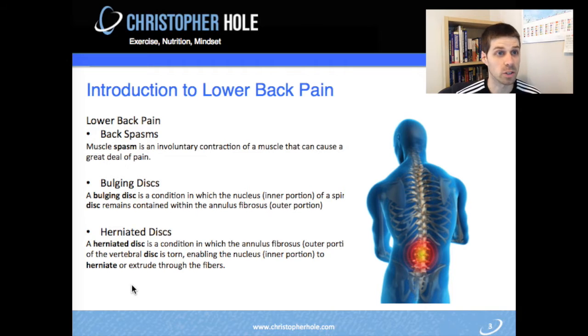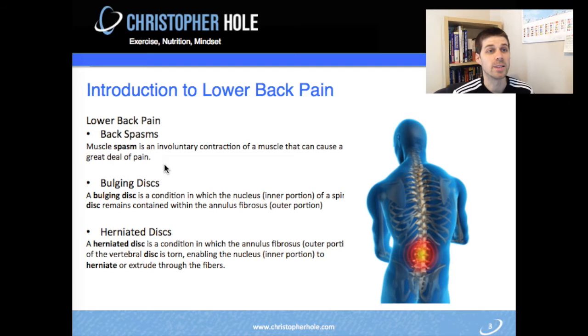And obviously the one at the top is the one that I had when I was growing up, which was that my lower back used to go into spasm and used to be very painful. But enough about me. In this video we're going to look at these three major types of back pain, different flavours of back pain, if I could call it that. Like I said, there are different ones.